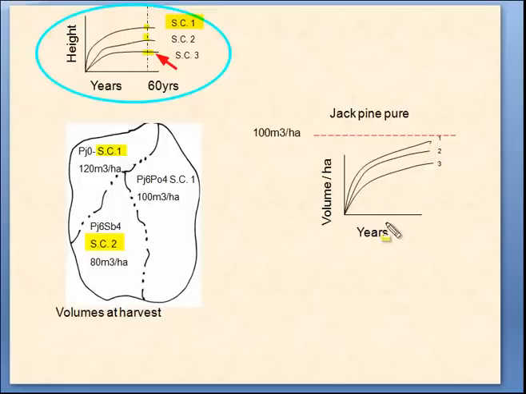And as the forest grows older, we can determine, based on doing many studies like permanent growth plots, what is the volume we would expect for different stands. So for example, if I measure